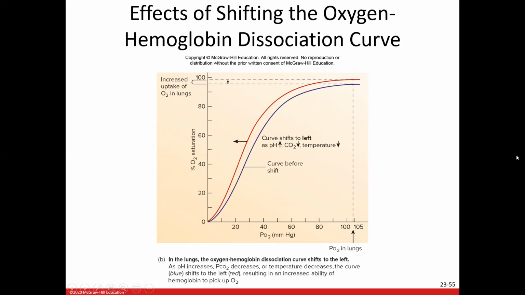So having these changes in conditions with pH, with CO2, with temperature, even with BPG, can ultimately impact whether the hemoglobin is going to drop off more oxygen at the tissues or even be able to pick up more oxygen at the lungs. So that is all we have